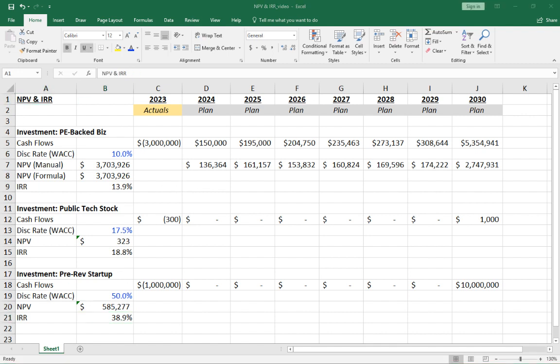Okay, that's it. Now you should feel very confident about how to calculate NPV and IRR and use them to